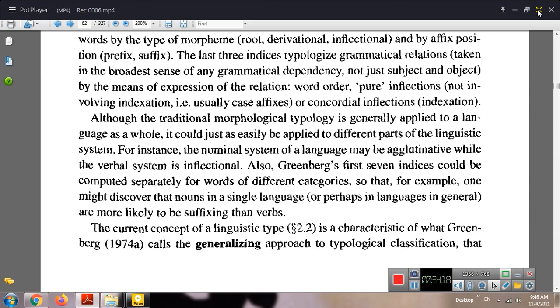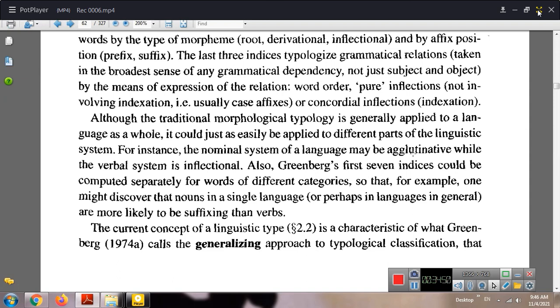For instance, the nominal system of a language may be agglutinative, while the verbal system is inflectional. It means that in one language we can see 2 or 3 types of typological word order. For example, in one language, as we can hear, the nominal system of that language may be agglutinative, while the verbal system may be inflectional. We have 2 types of